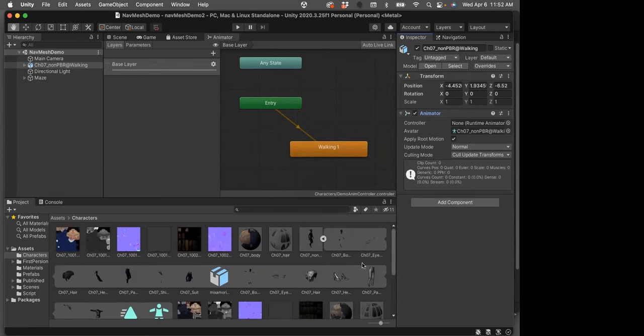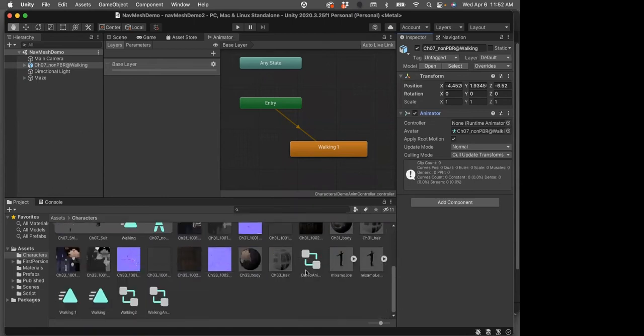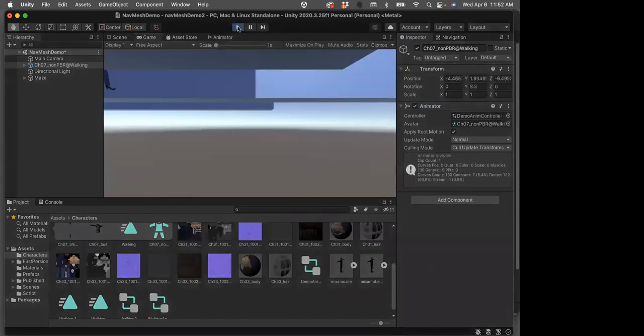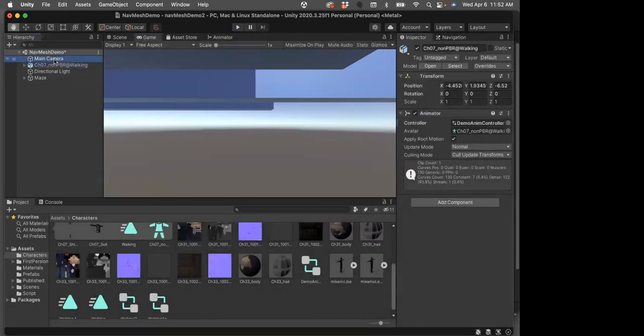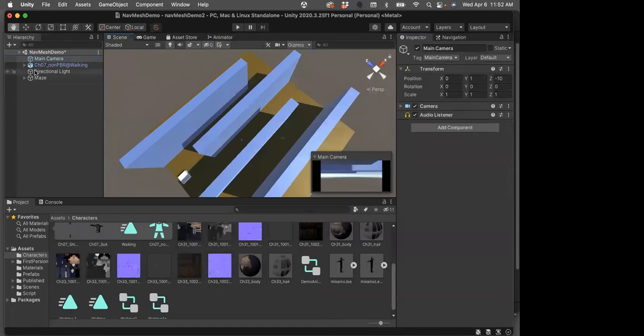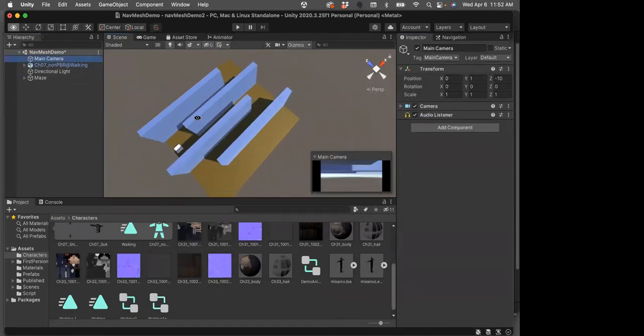So I just created a character controller and I can go ahead and apply it to a character. I haven't set the camera, so let's go. I'm going to set the main camera, and